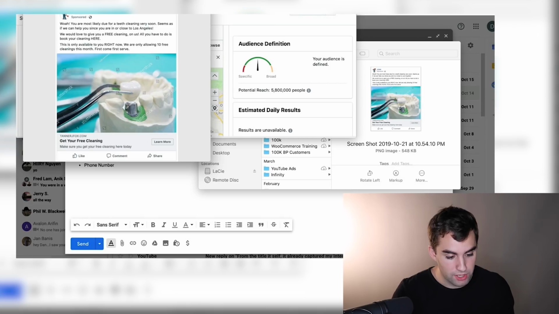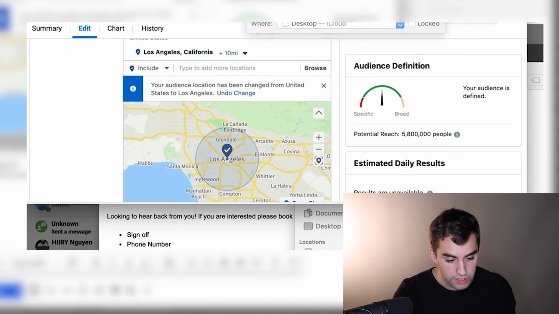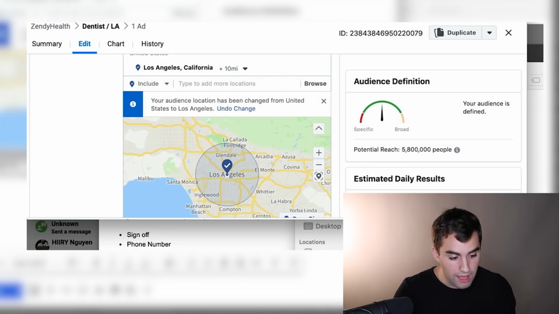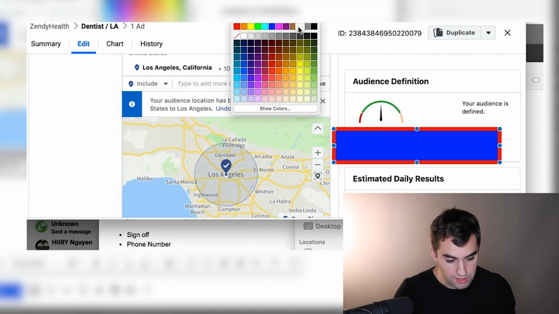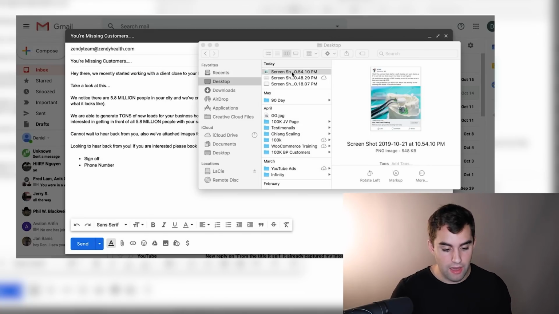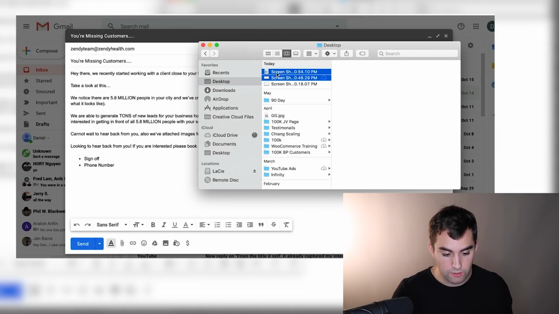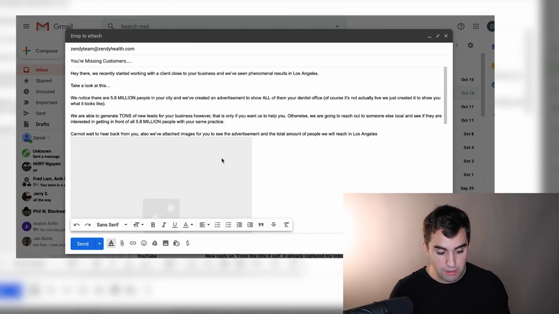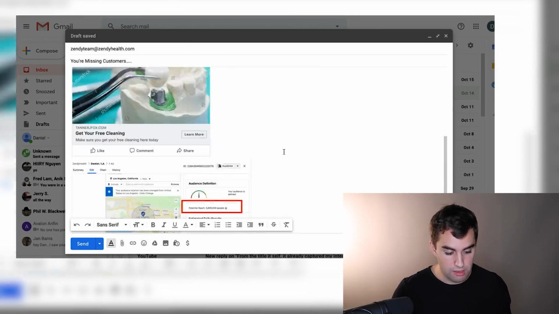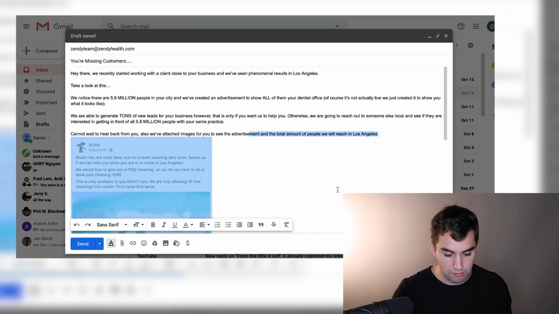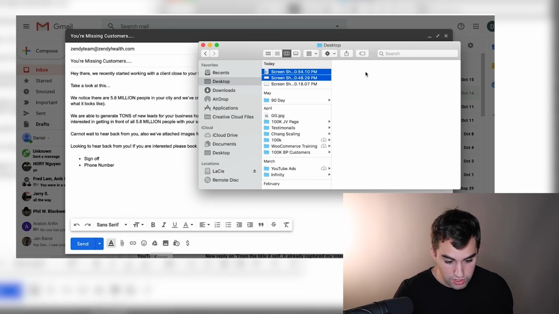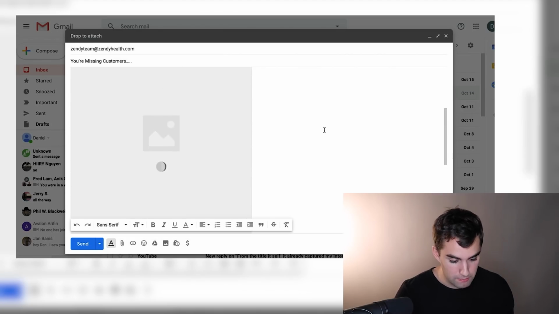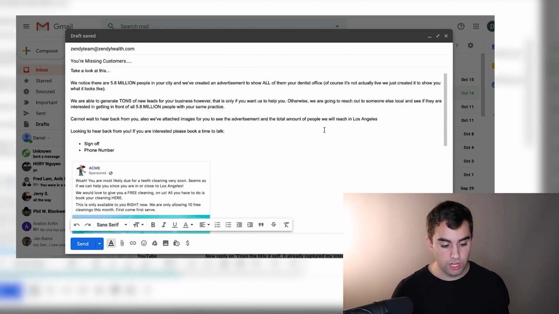Or as a matter of fact, you can edit this image. And you can, right over here, all right, you can go ahead and you can actually circle. You can put a ring around the total potential reach here. And just make sure this box isn't filled with anything, and then save it. And then you can go ahead and drag these particular ads towards the bottom. And now the images are here in your particular email, but obviously add them towards the bottom, right? Because you don't want this to be messed up. And you can just go ahead and attach the images and put them right down here. And there we go. So now the images are attached,